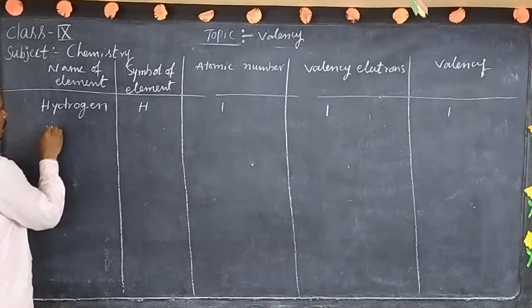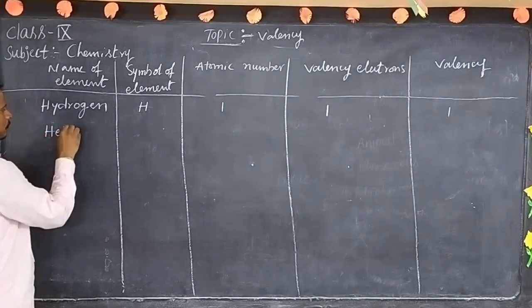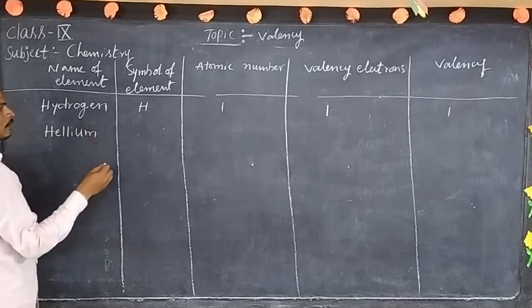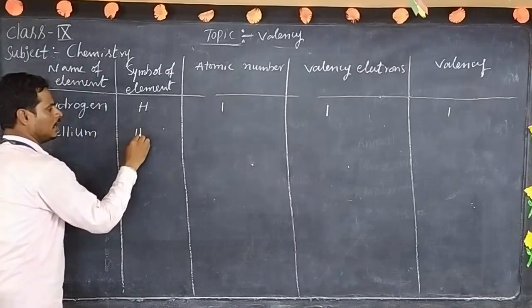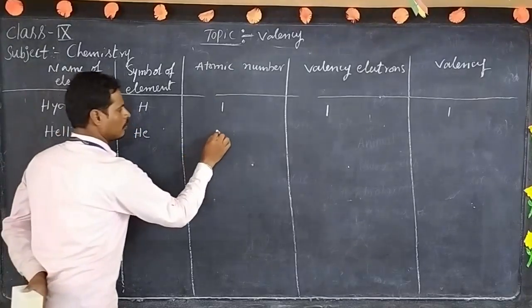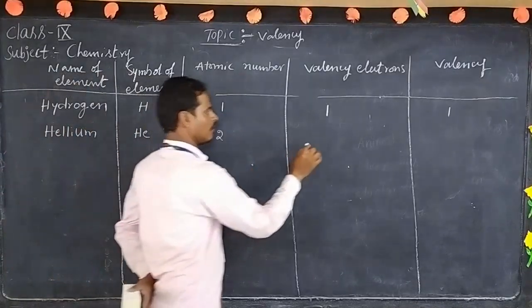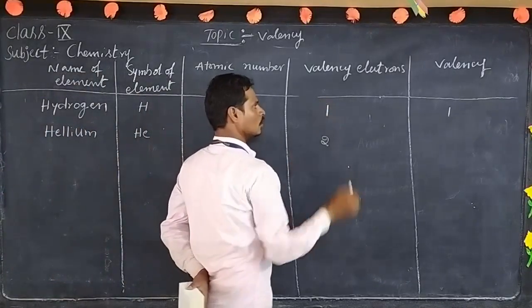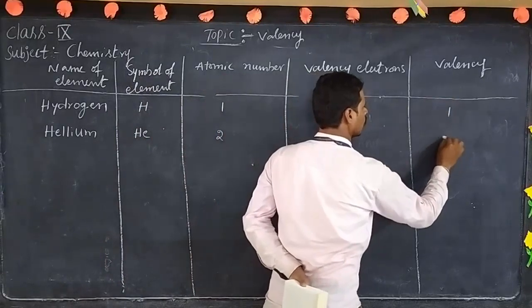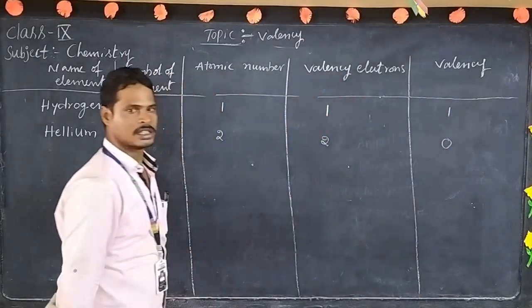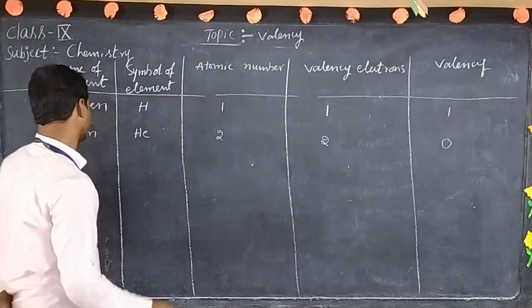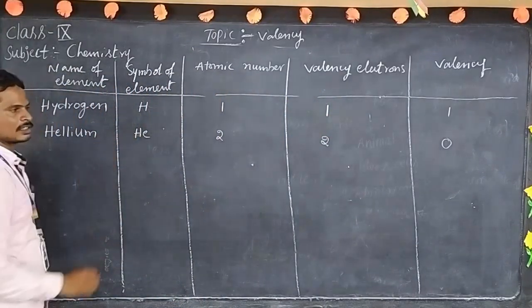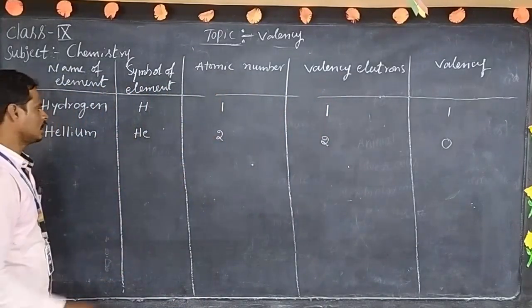This second element is helium. Symbol of helium is He. Atomic number is 2. Number of valence electrons 2. Valency 0. All inert gases have 0 valency. Here helium is an inert gas, so it has 0 valency. Next,